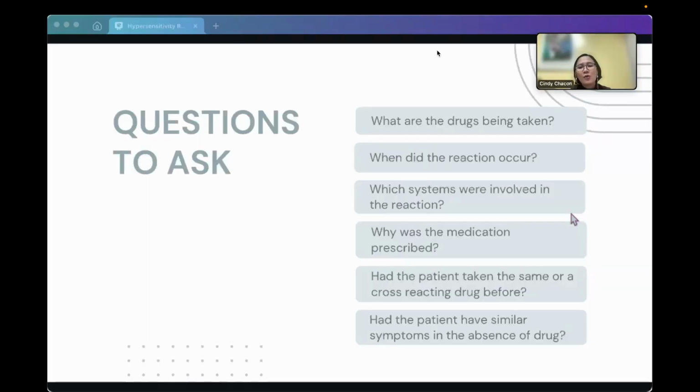The most common case that I would encounter in my clinic are those with chronic idiopathic urticaria. Chronic idiopathic urticaria would usually manifest with wheals. No? So sometimes they feel like the wheals are actually related to the drug, pero chronic urticaria na nga siya. Kahit natanggalin mo na yung drug, months na siyang hindi nagtitake ng drug, meron pa ring lesion. So it's important to be able to identify these things as well.